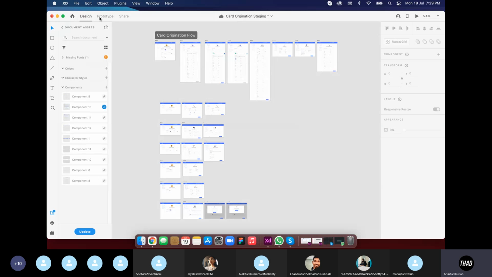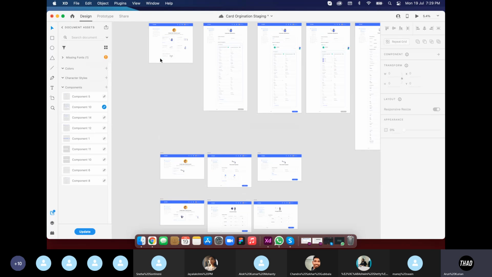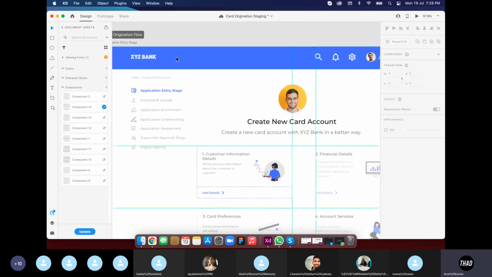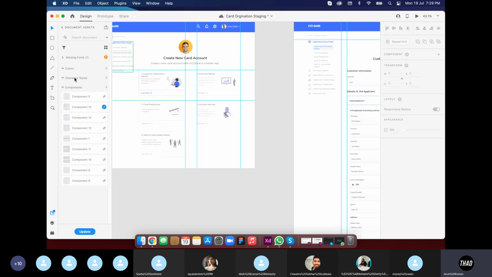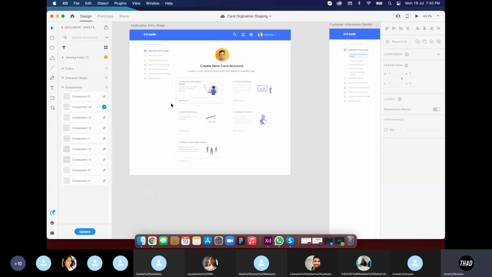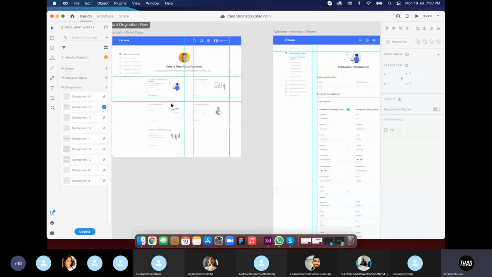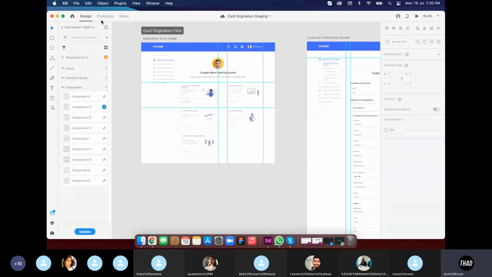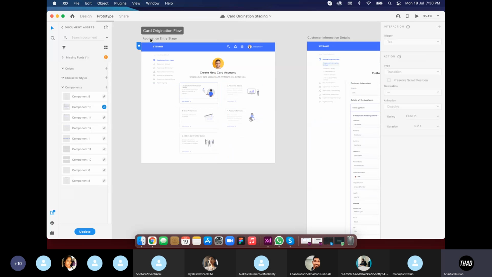Yeah. So then you have three options: design, prototype, and share. Basically, in the design section, you can design all these things using the tools that they gave here. But you can't simply design this. You need to do some research on all the components as well as the user experience part to design. And once you're done with a couple of pages, and if you have a flow in mind and have verified that flow, then you can go to this prototype section.